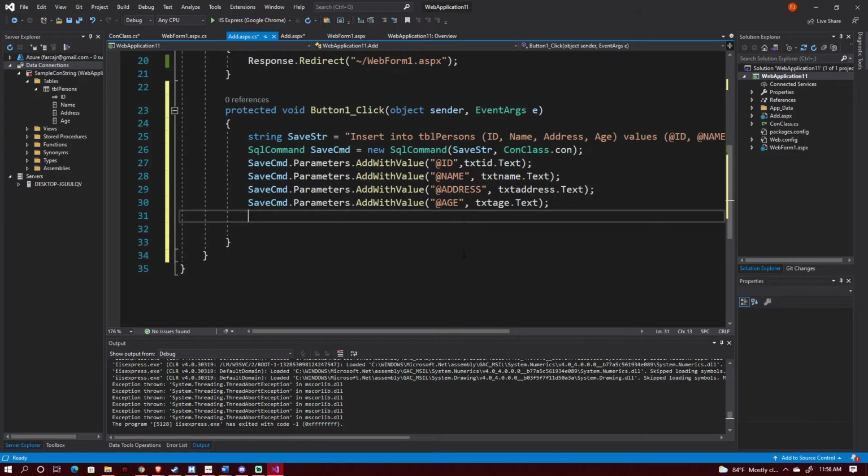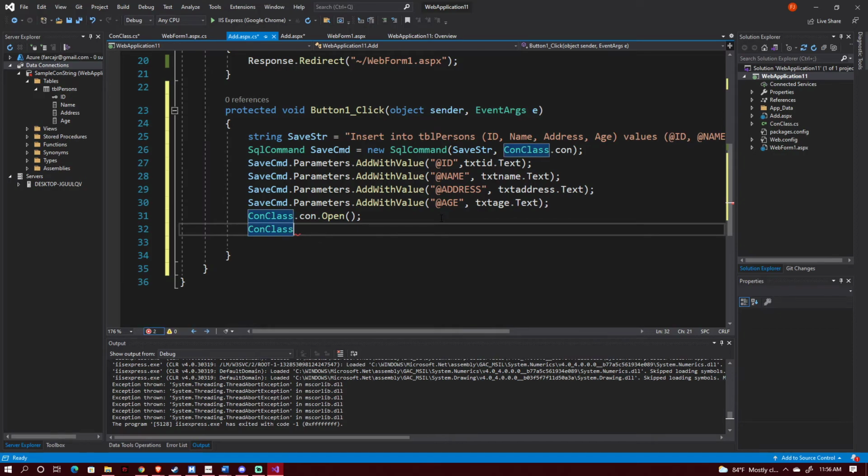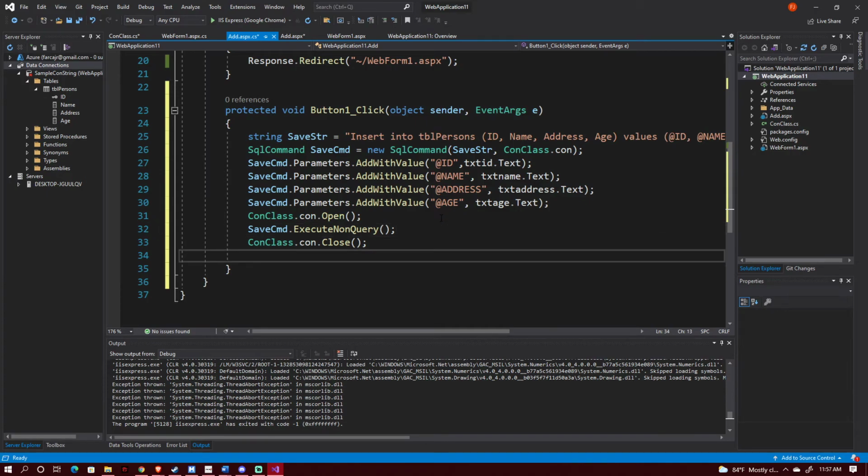Okay, so since we've added the parameters, let's open up our connection so that we can execute it. con.Open, and then add in a closure con.Close, and then inside the connection we should be able to execute the query. Okay, so save cmd dot ExecuteNonQuery will execute the save button, and then of course after saving it,